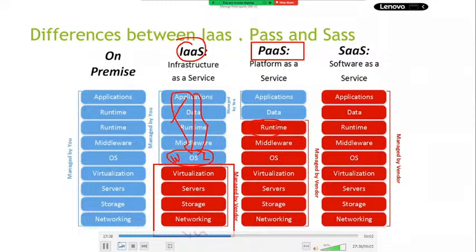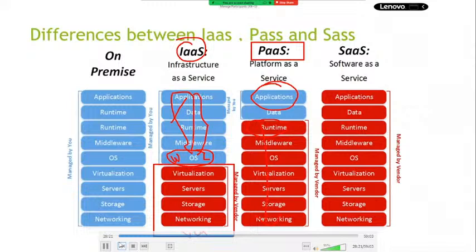Next, Platform as a Service, in the sense I said, right? Runtime and the platform they have provided. You just have to take care of your application. You need not bother about what type of application you are going to host. If we have Java, yes, a ready-made Java environment is there. If you would like to host PHP, Python, Ruby, .NET, any type of application, there is a ready-made environment. Go ahead and deploy it. Deployment is not a big challenge. Just drag and drop the files, like how we drag and drop files from local to OneDrive or Google Drive. There are different ways to host the application. I will show you how to do that.